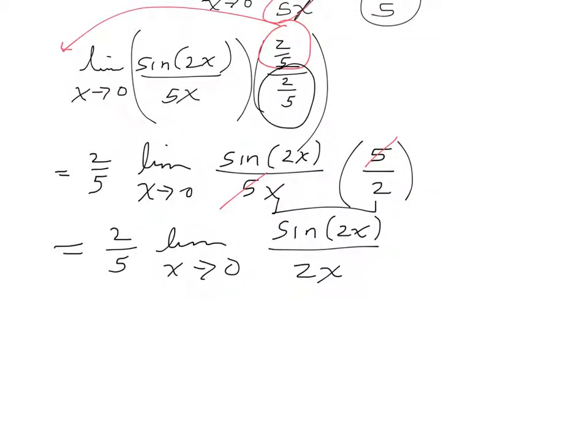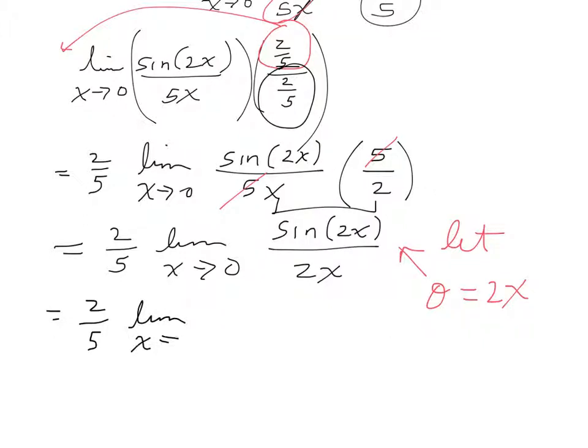Doesn't that sort of look like our definition if I let theta equal 2x? I can call 2x anything I want. I can call it Bob. Okay, let's call it theta, because then when I rewrite this, sine of theta over theta, we know that that piece right there equals 1,